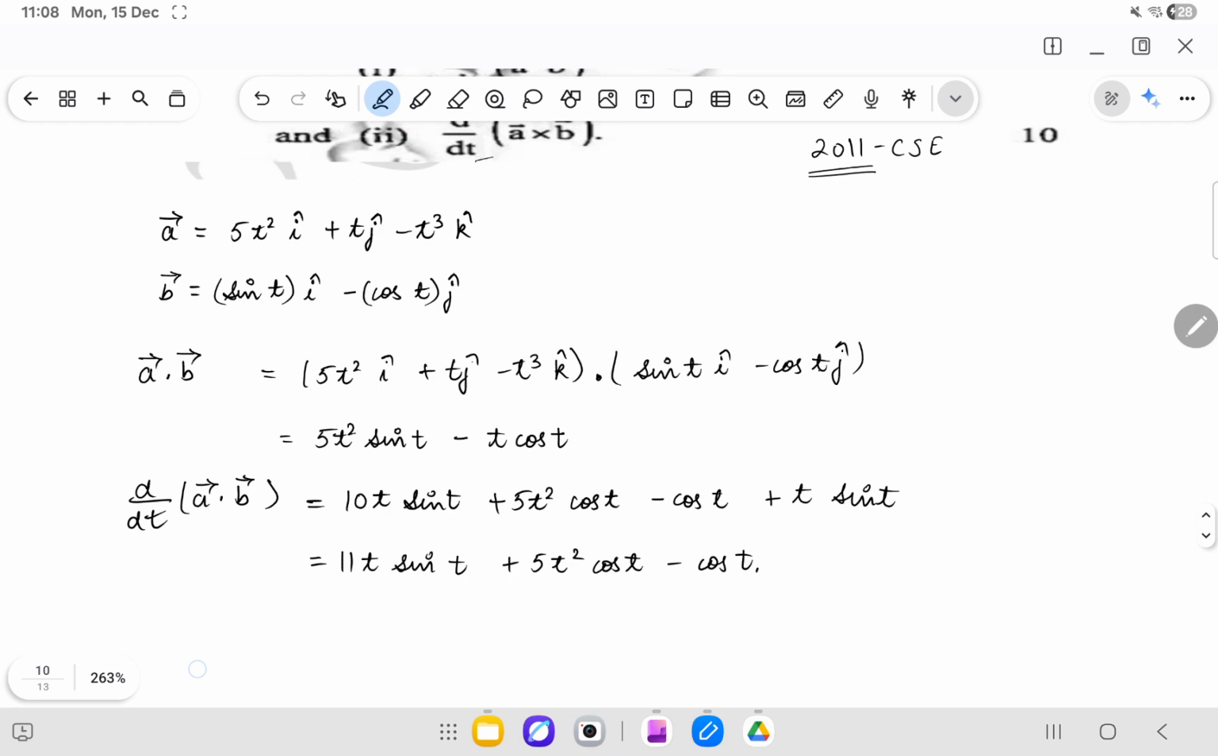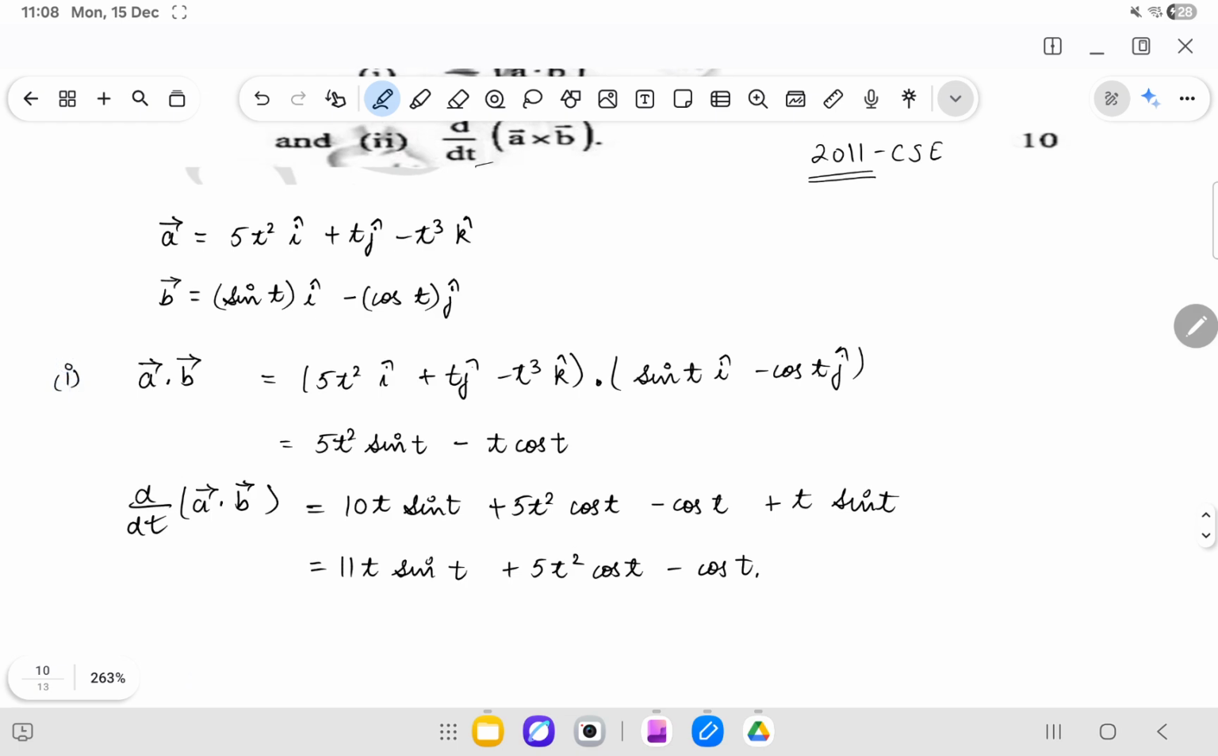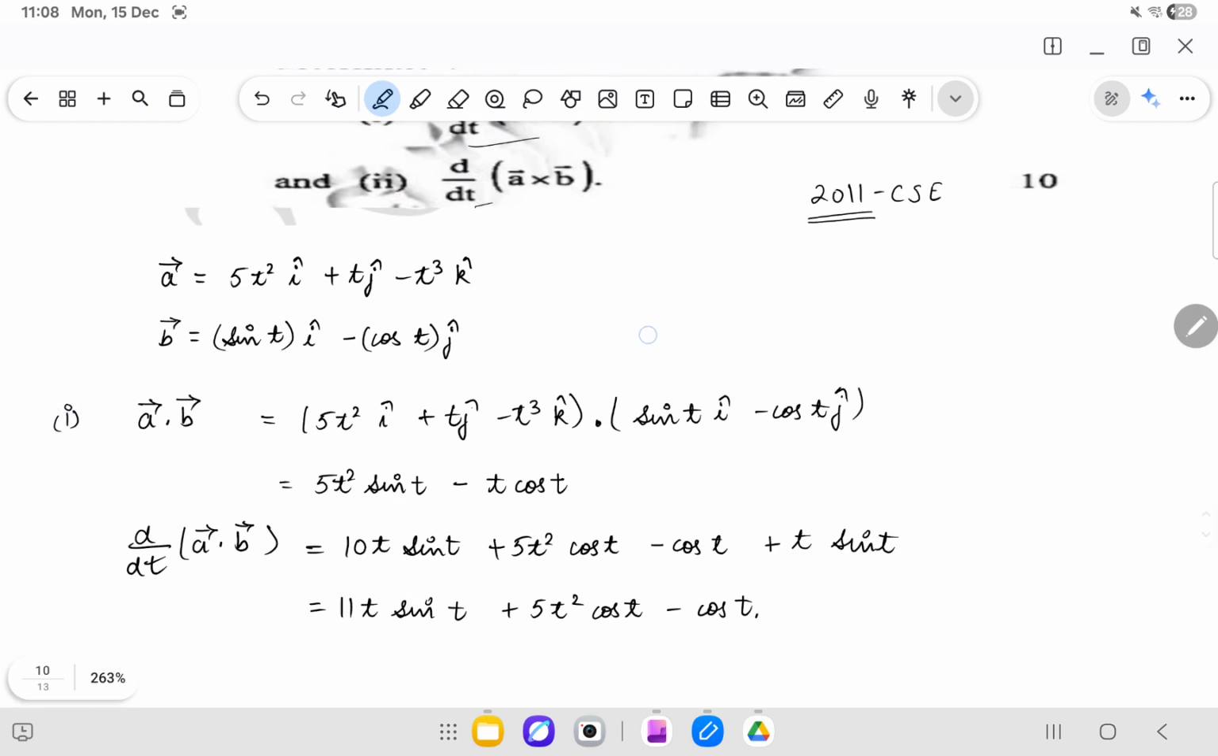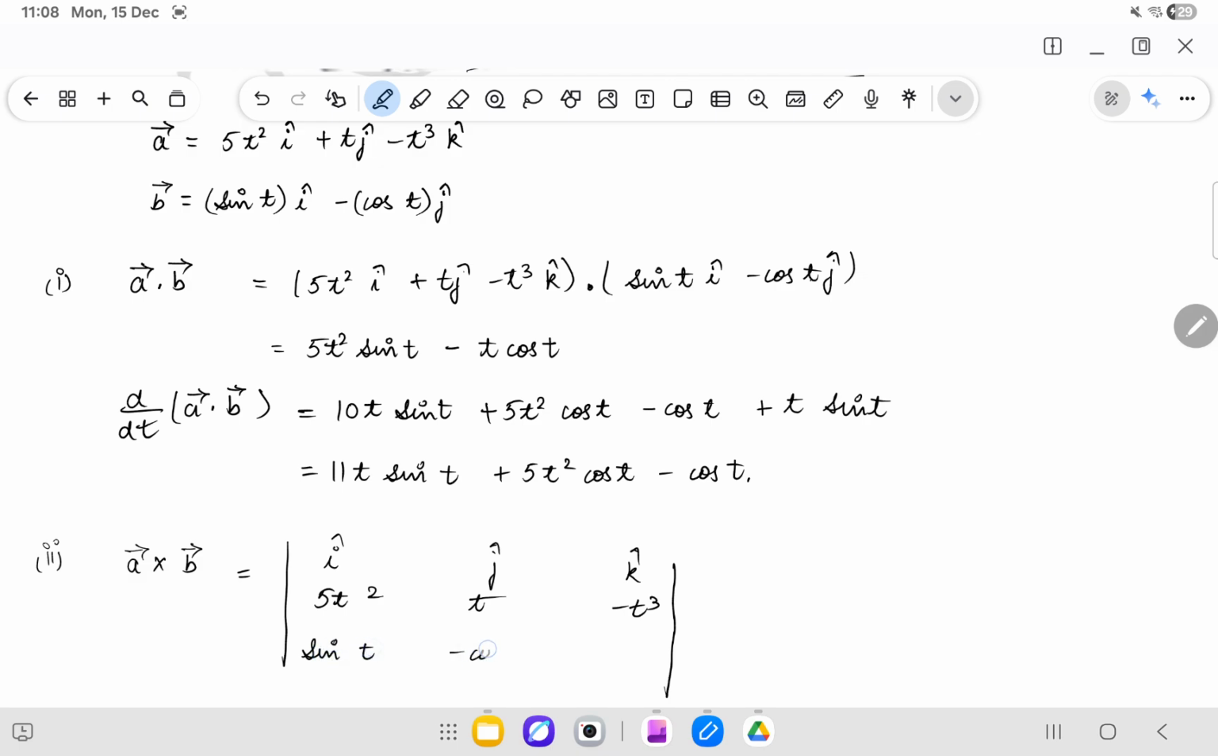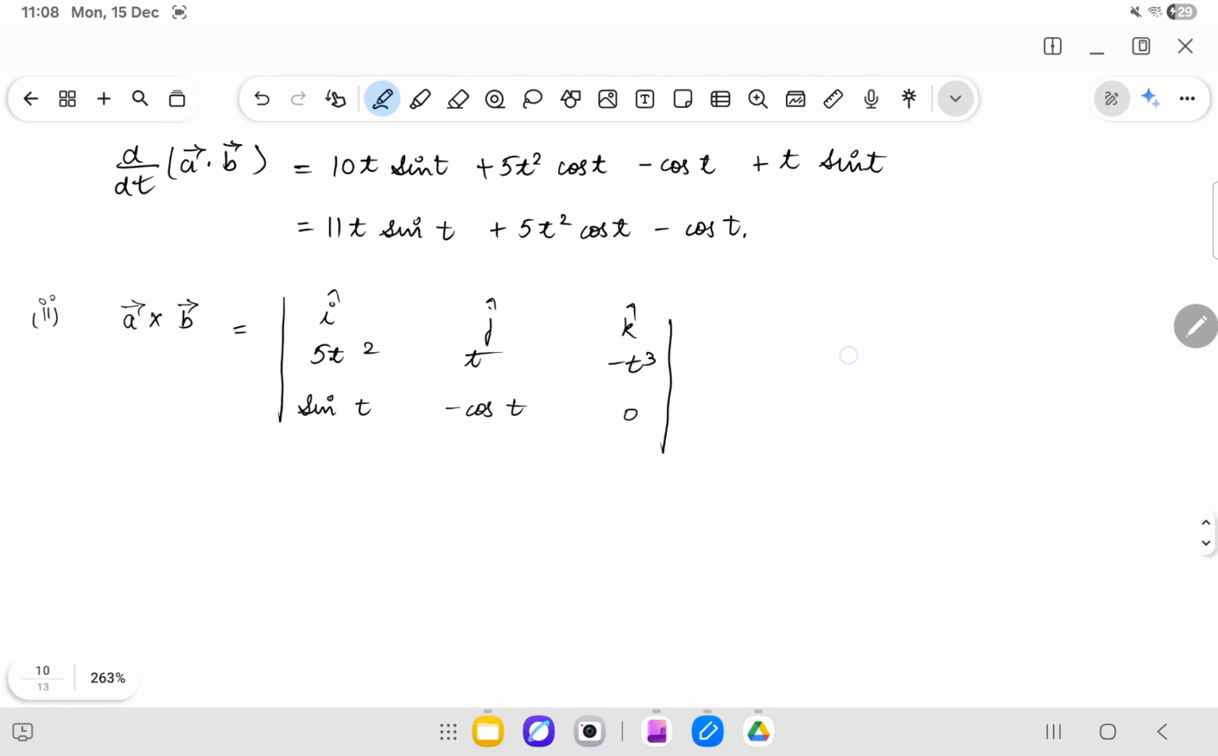Likewise, the second part of the question is, we are supposed to differentiate the cross product of a and b with respect to t. For that, first we need to evaluate the cross product of a and b. So that will be equal to the determinant with 5t², t, −t³, sin t, −cos t, and 0. So it simplifies to i cap (−t³ cos t)